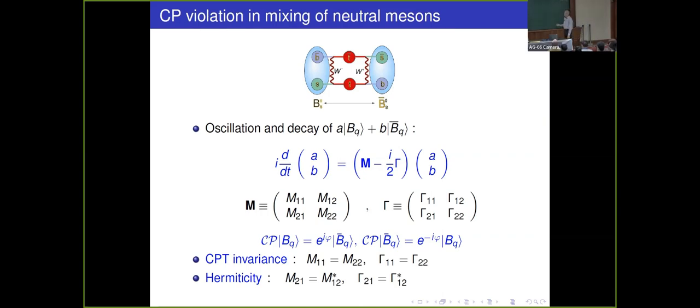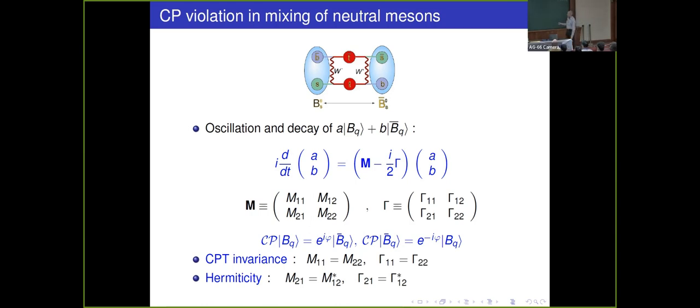Okay. This is a B and B bar. For example, I have taken a Bs0 and Bs0 bar. They can mix between each other. This is a standard box diagram that shows you that they are allowed to mix. Okay. As a result, now we have the usual quantum system in which two objects